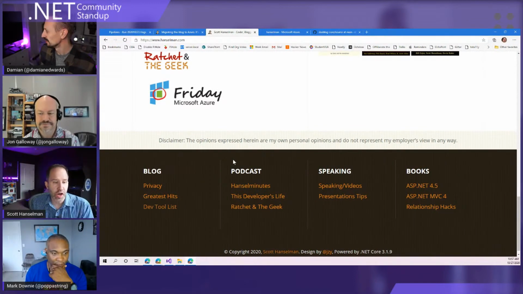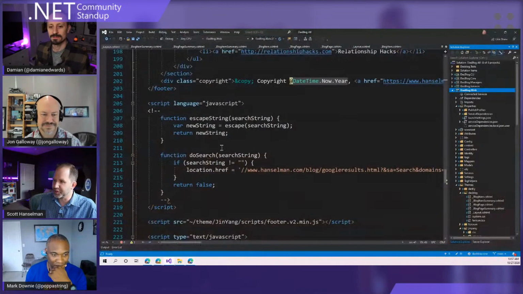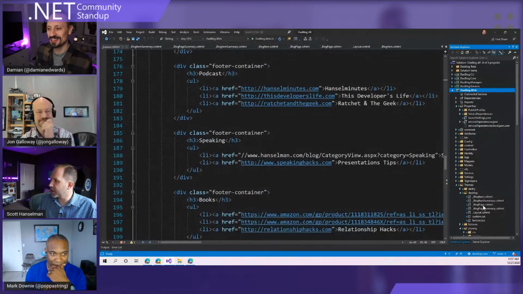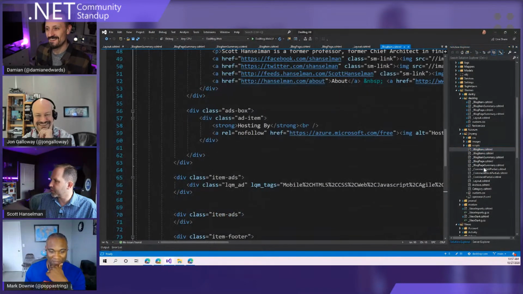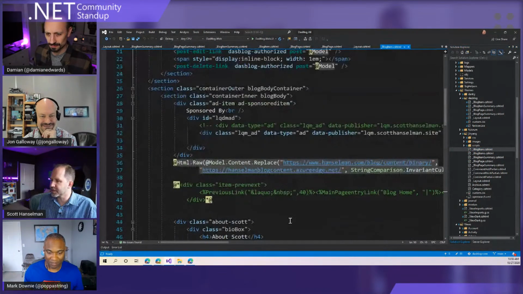All the images also come off. I did a little silly thing that Mark has teased me about gently, which I'm still working on, and it's not my greatest hour. Where is that? Where did we do that? Was it the blog page? It was that raw thing, remember? Oh, this. Oh, HTML raw.